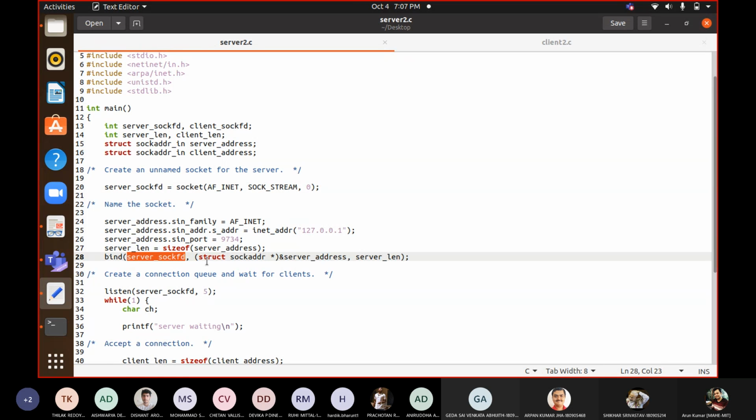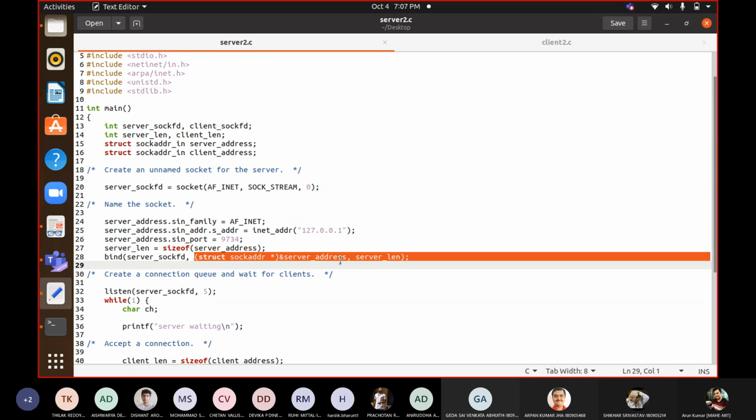Now what we want to bind. This is the pointer to that address. Is it clear? Or do you want me to explain what is going on here? It is a pointer to that address which is holding the information regarding the server address. Server address is a socket address.